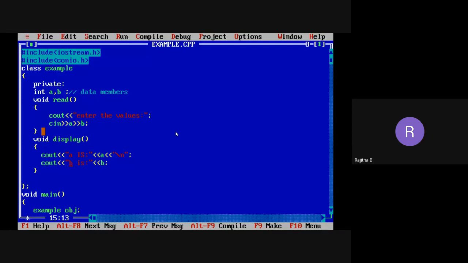Guys, please maintain the notes. When I am explaining a program, please note that program in your notes, and also write the output you are getting. When I mention a note point or key point, please note that also. Someday I will ask you to show me your notes online. Okay.